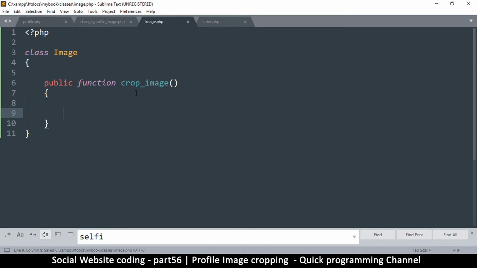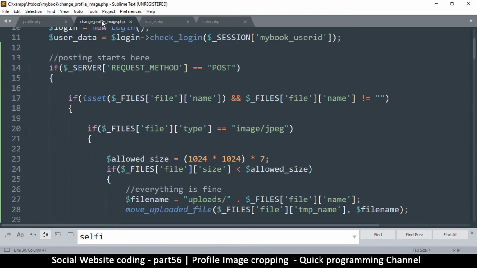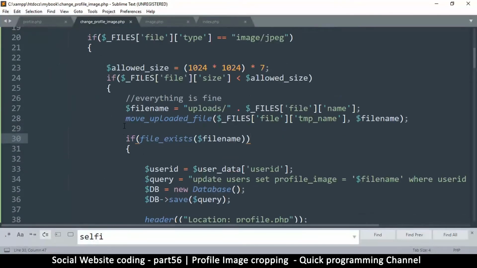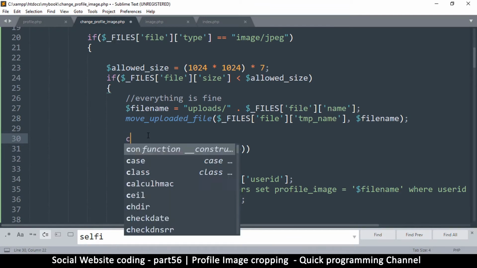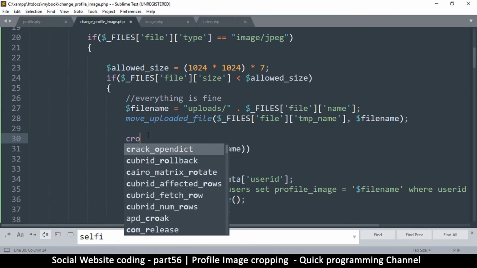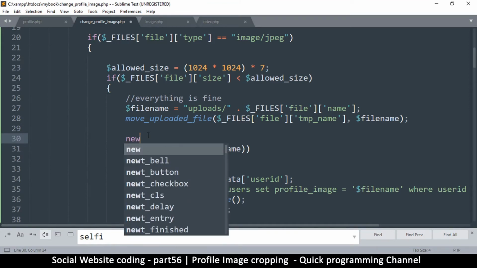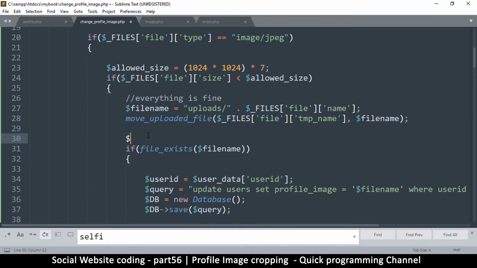Okay, so crop image. Now I want this to be as simple as possible when we are dealing with it. We're going to call this function right here. In here, after we move the uploaded file, we're going to want to crop it here. So what I want to be able to do is something like this. I want to be able to say crop, let me say new image,